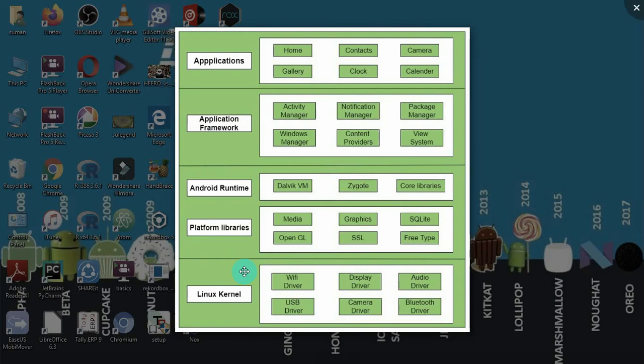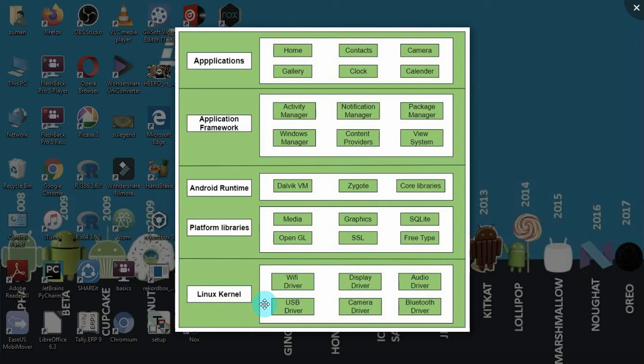First thing to remember, it's the heart of the Android architecture because it manages all available drivers, such as display drivers, camera drivers, Bluetooth drivers, audio drivers, memory drivers, USB drivers, which are required during runtime. Whatever drivers I require are provided by the Linux kernel. Its features include security, memory management, process management, and network stack.